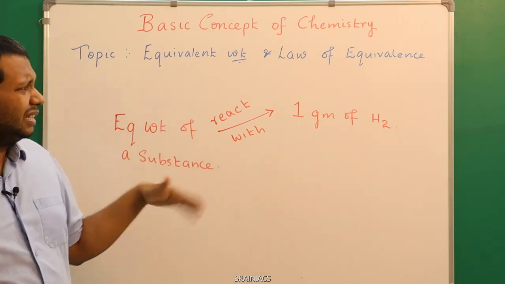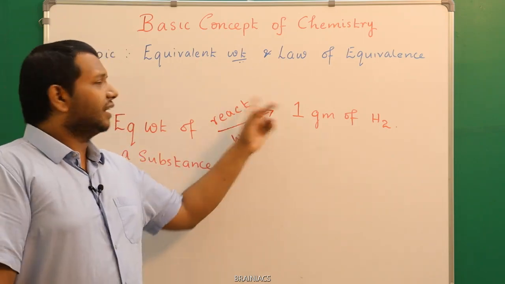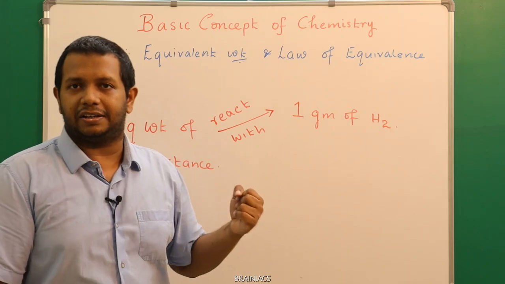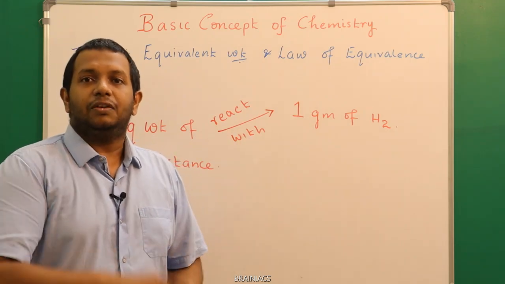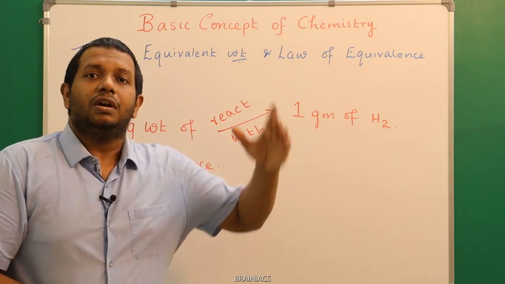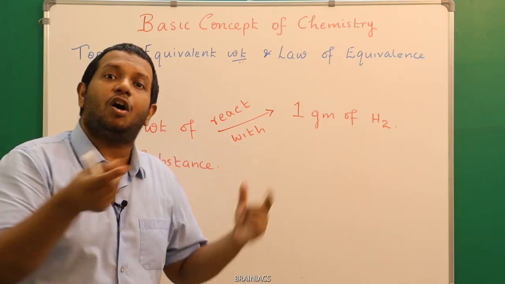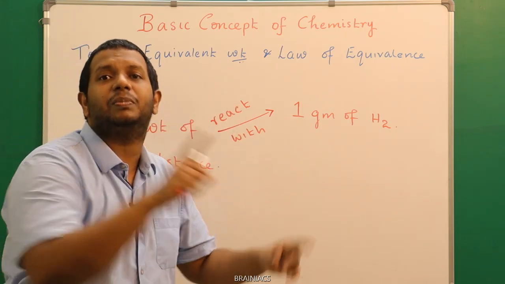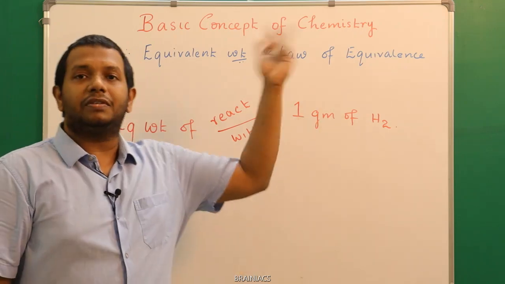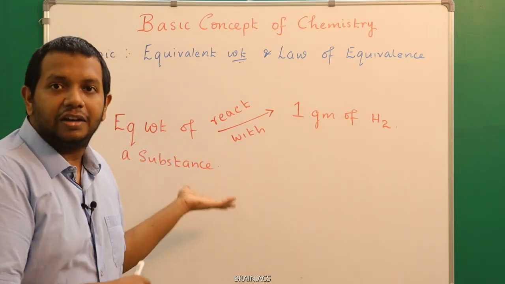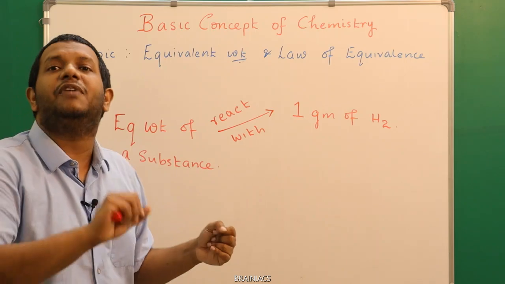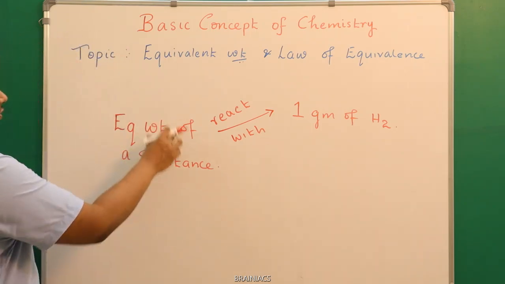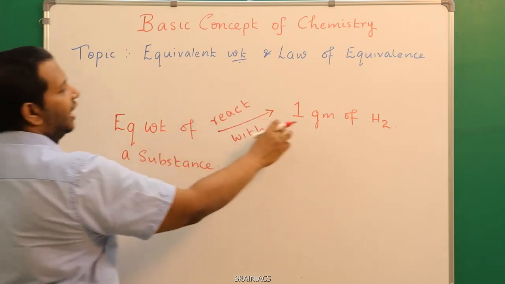Now, in some other reaction, we say react with or displace. After the reaction, 1 gram of hydrogen is liberated. Then also I can say, for liberating 1 gram of hydrogen, check how many grams of the substance reacted. Then that gram is my equivalent weight. Suppose 2 gram is liberated, I will first calculate how much gram is reacted, then divide by 2 to get 1 gram. So very simple, equivalent weight of a substance is that weight that will react with 1 gram